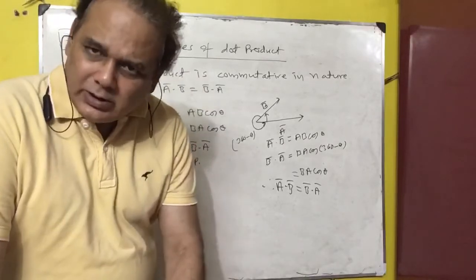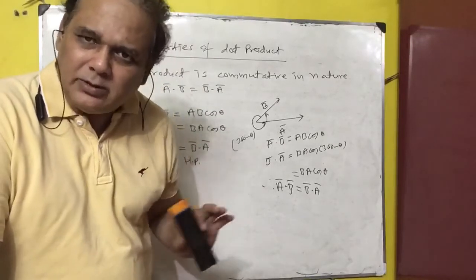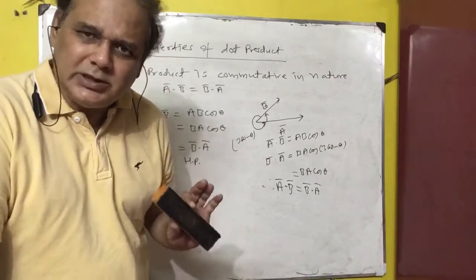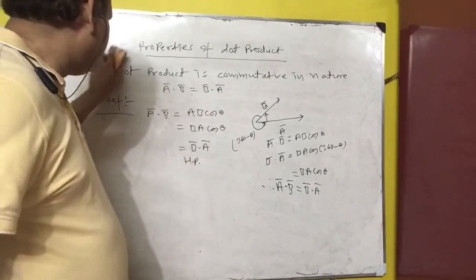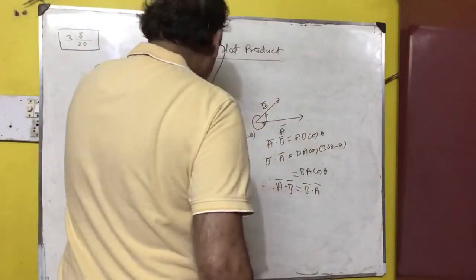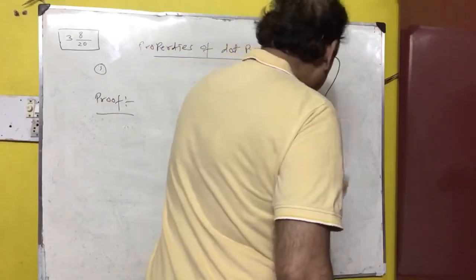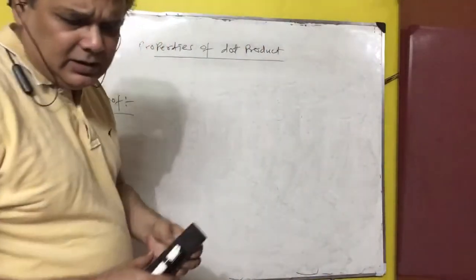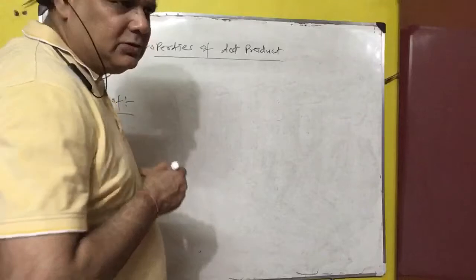कॉम्यूटेटिव लॉ को ये फॉलो करेंगे. आप किसी को किसी से भी मल्टीप्लाई करो, योर आंसर इज ऑलवेज सेम. नाउ सेकंड प्रॉपर्टी. सेकंड प्रॉपर्टी, इट इज डिस्ट्रीब्यूटिव ओवर एडिशन. तो डिस्ट्रीब्यूटिव ओवर एडिशन यू नो वेरी वेल कि अगर आप एक वेक्टर को ले रहे हैं और दूसरे को